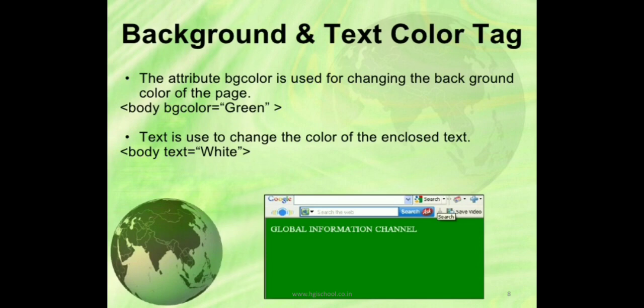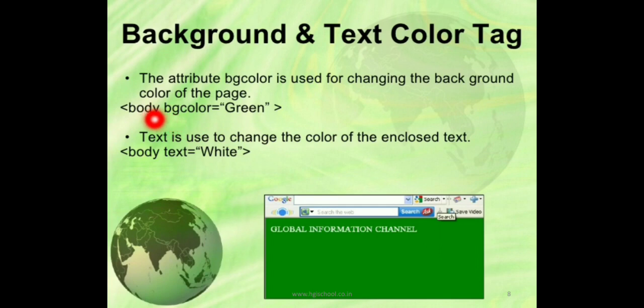Now we will study the body tag. There are some attributes, like here two attributes are there, background and text. These are two attributes used to change, first of all, BGCOLOR is used to change the background color of the page. Here you can see this is a green background.